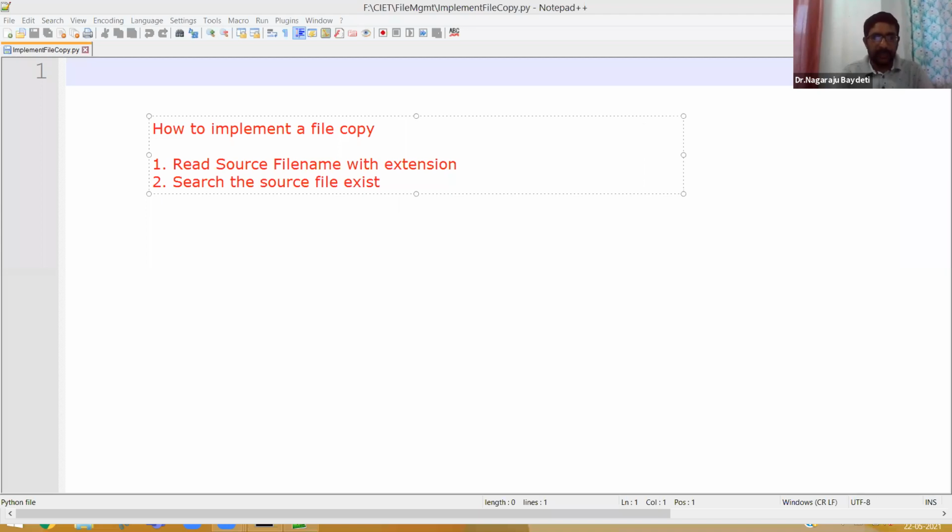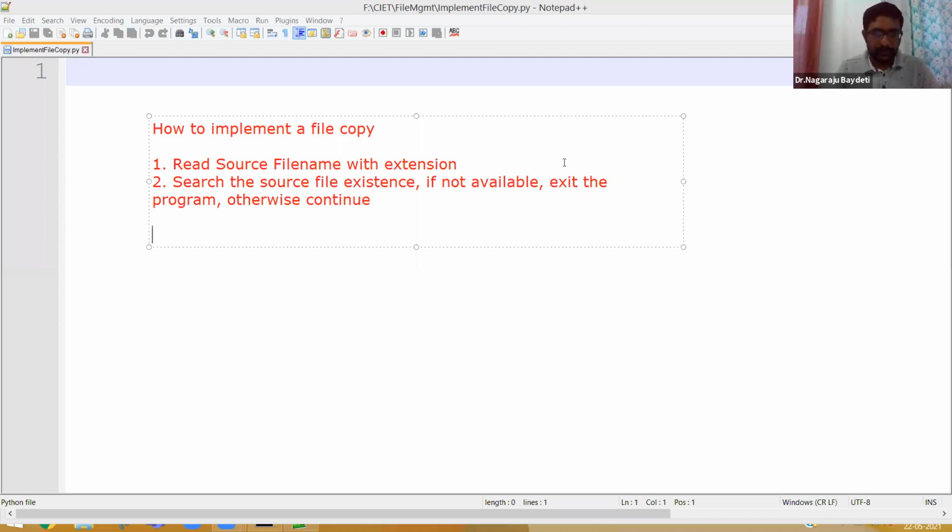If not available, that means you are trying to give the program a file name which is not there, exit the program. Otherwise, continue.